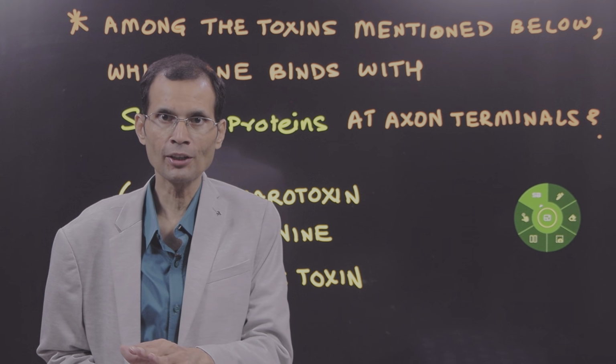Okay. Well, the answer is tetanus toxin. Now, let me say at the outset that all of these are toxins which interfere with synaptic transmission. The neuromuscular junction is also a synapse, and therefore some of them act directly at the neuromuscular junction. Others will act indirectly, but all of them have one thing in common: finally, they will affect muscle contraction.